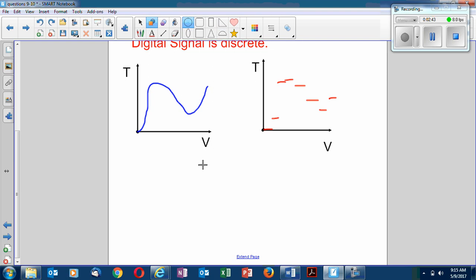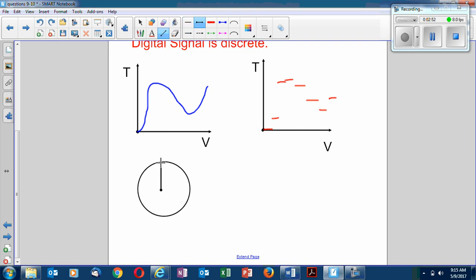Analog clock, at least the ideal analog clock, can be enlarged infinitely many times so you can get infinitely precise time. So for example, if it's not 3 o'clock on this clock, maybe it's 2:59.0000005 seconds. In an ideal analog clock, you can enlarge so that you can actually take that measurement. With digital clock, you will not be able to take that measurement.